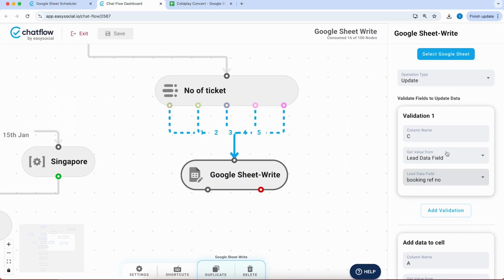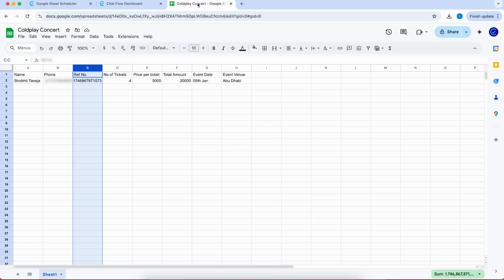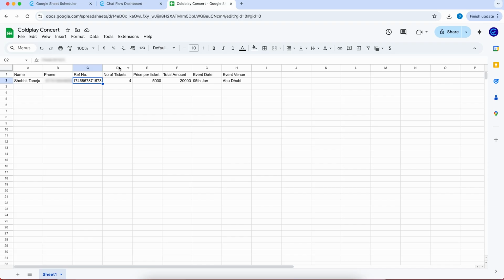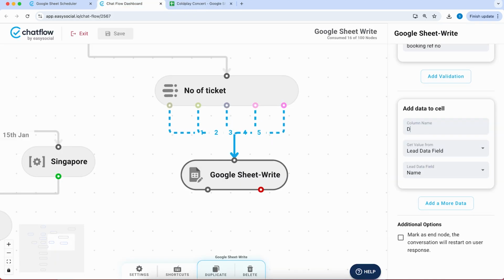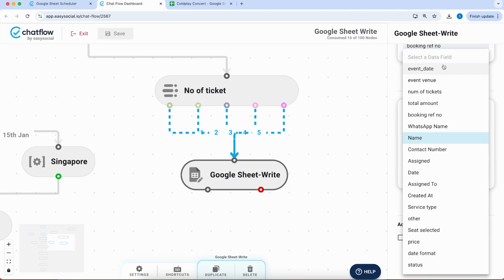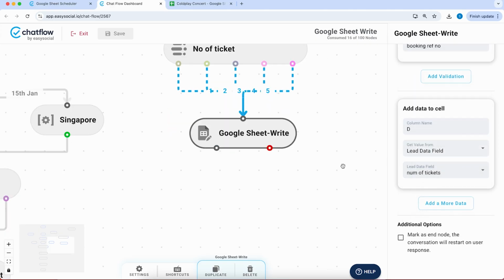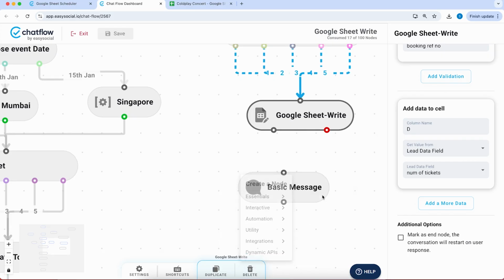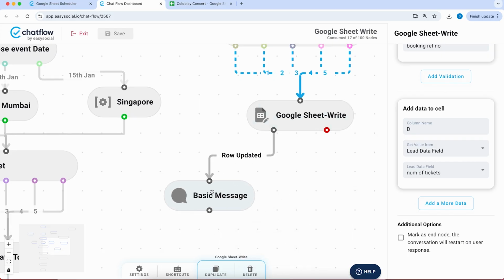Now at this step, the reference number is being matched in this particular sheet. Next, when this number is getting matched, then I can add some data here. So if you have seen in the column D, we've got number of tickets. So I just want to update this particular value here inside of number of tickets. So I will choose column D here, and here I will use number of tickets. Once this is done, I'll scroll down and I'll create a new basic message, and I'll write here,